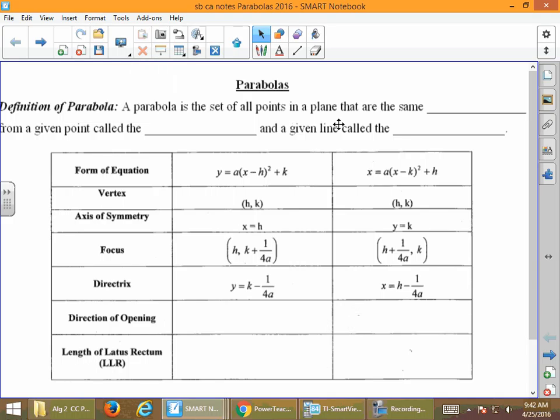Today we're going to talk about parabolas. And first of all, we should think about what the definition of a parabola is. Hopefully you will remember doing this in Algebra 2. A parabola is a set of all points in a plane that are the same distance